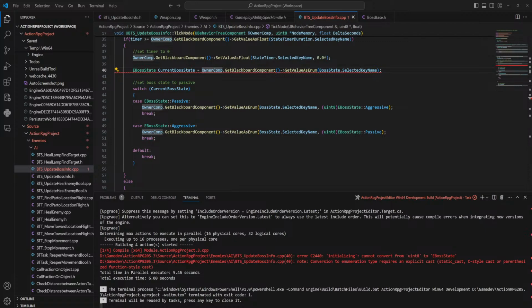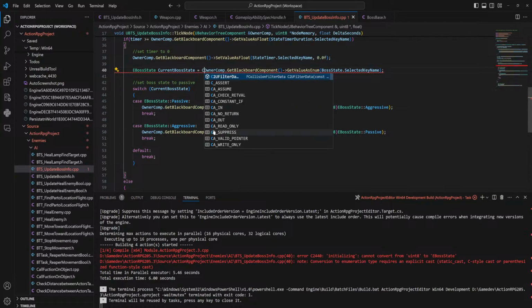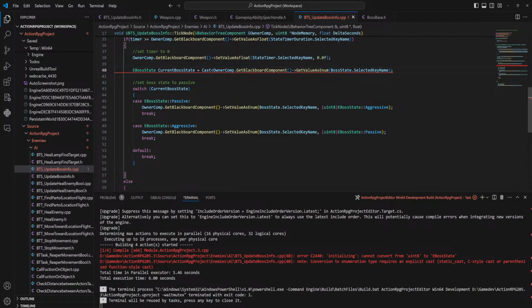ChatGPT does say casting it as well, so let's cast that to a uint8.